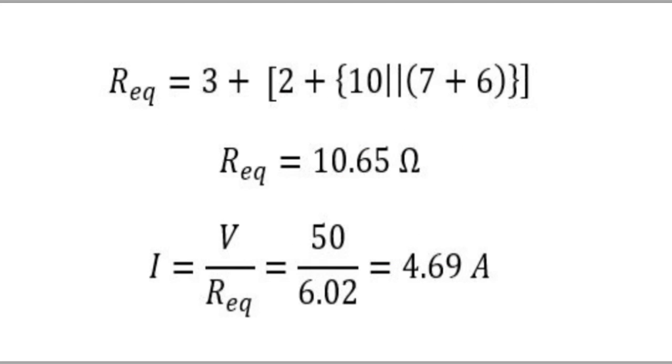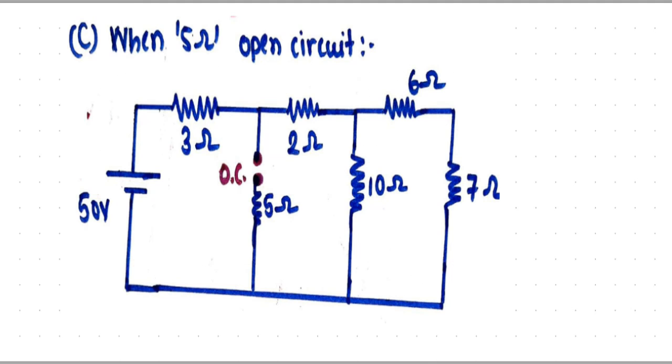Now the third case. In the third case, the question is if 5 ohm resistor gets open circuit. So here again you have to think from where current can pass. This is current. Now this current is going from here. Now at this junction there are two paths, this and this. But current cannot flow through open circuit as the path is open. So here current will go through this path only, and it will divide again and it will return to negative.